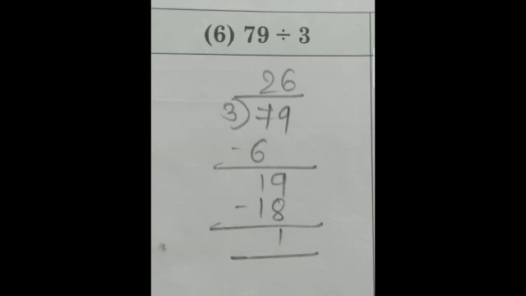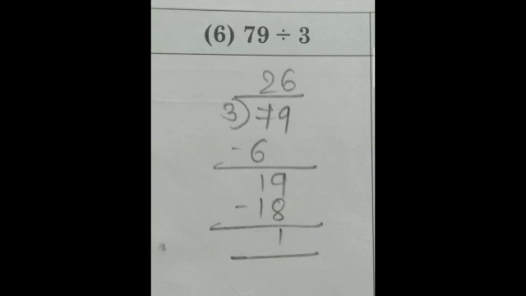Now students, you can see how to solve this division sum. It is 79 divided by 3. Here 79 is the dividend and 3 is the divisor. First we will begin with the 7 because 7 is greater than 3. So first we will do the division of 7, then we will bring down 9 afterwards. 7 is not coming in 3's table, but you have to see a number which is coming in 3's table and which is less than 7. So it is 3 twos are 6. 7 minus 6 is 1. And now that 9 will come down, so the number is 19.